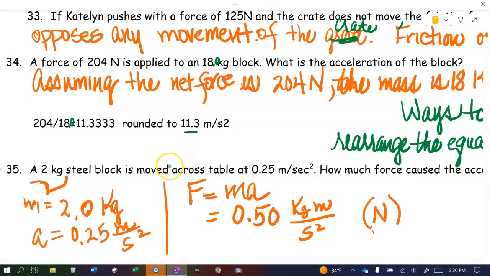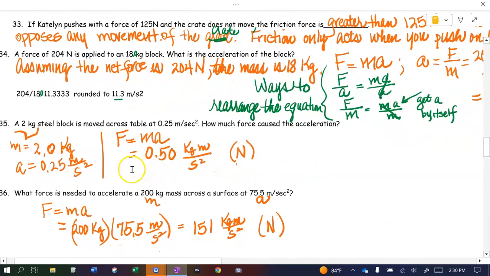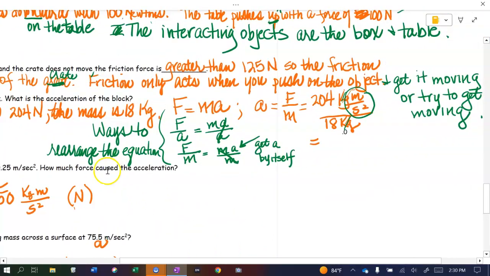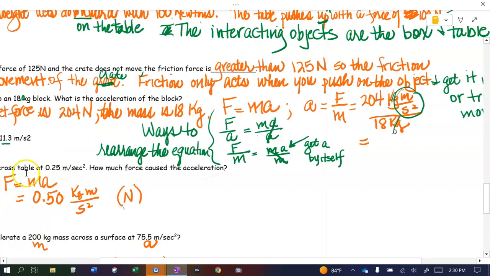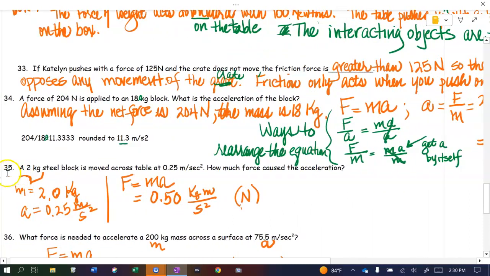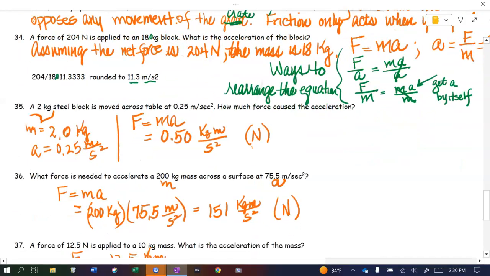And by changing a newton to a kilogram meter per second squared, we were able to cross that out here and here and get meter per second squared as the correct unit for acceleration. That's another way we know we did the problem right if we get the right units. All right, now